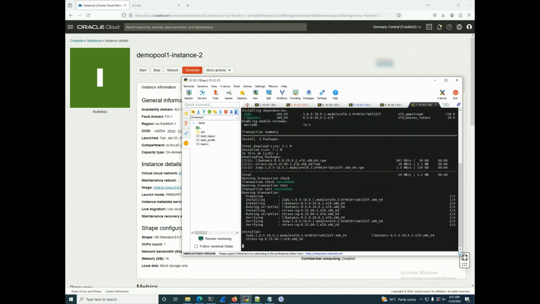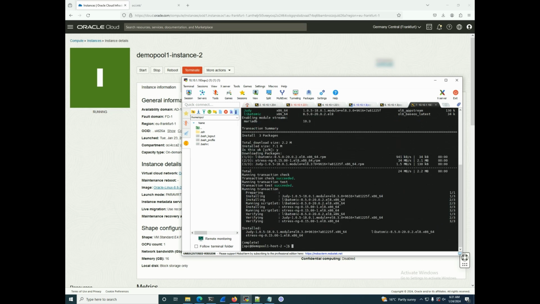It's not stress anymore, it's stress-ng. So I have installed it. Now I need to rerun the command for stress-ng to use the 2 CPUs that I have in there. Yeah, --cpu 2, and in here I should use the total capacity of the CPU, and the timeout I think we're going to start here with 300